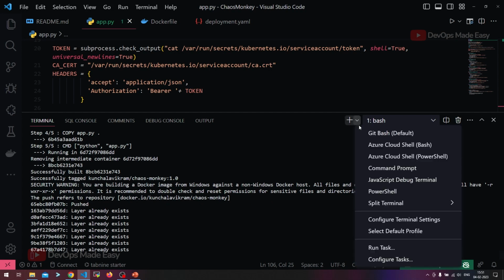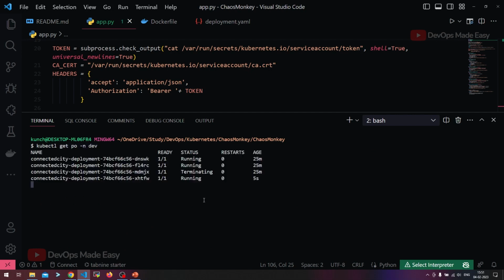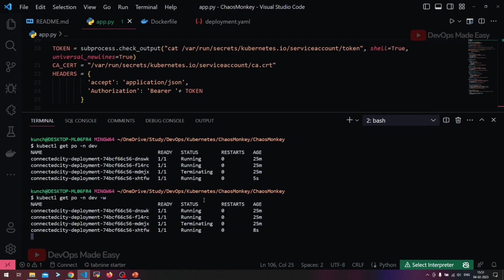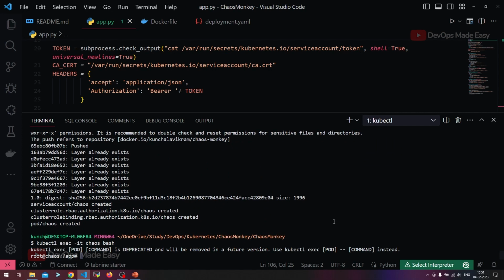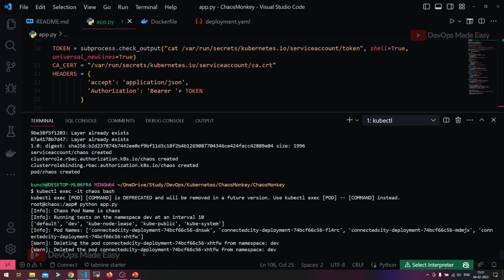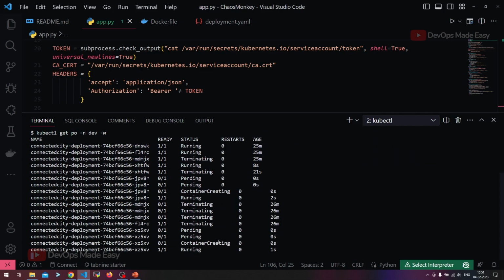And I'll also open another tab, and I'll select git bash profile. So in the next one, all I'm going to do is get the pods in the dev namespace and also watch it. So if you see, there is one pod that is being deleted, because if I exec into the pod and just try to run that particular program, you can see that our kube-monkey is deleting a pod from the specific namespace dev. And in the next console, if you see, there is already one more pod that is